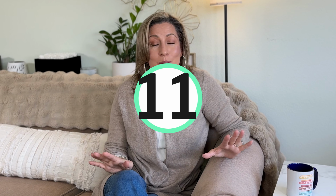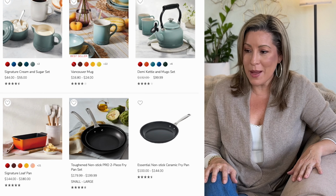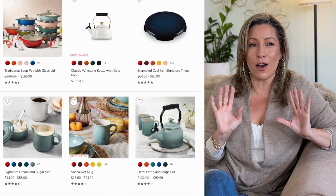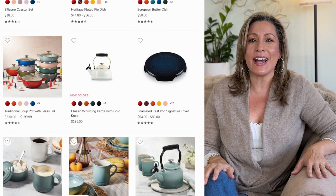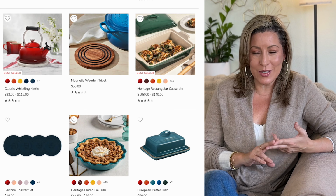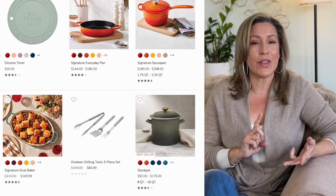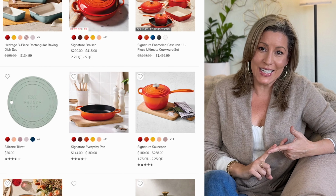Okay, and the next one is kind of a brand, and I had to include it because it's always what I tell my kids to get me. And that is something from Le Creuset. So I love that brand. I fell in love with it a few years ago. And I think the very first thing I had them get me is the salt and pepper shakers, which I love, I still have. Then we went for the tea kettle, then a pot here, a pan here,